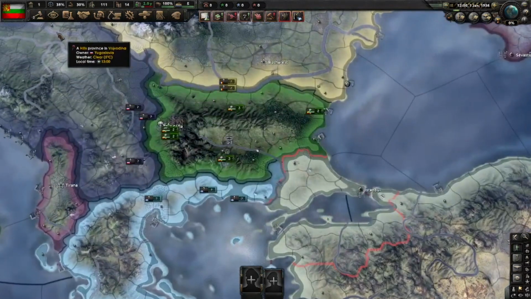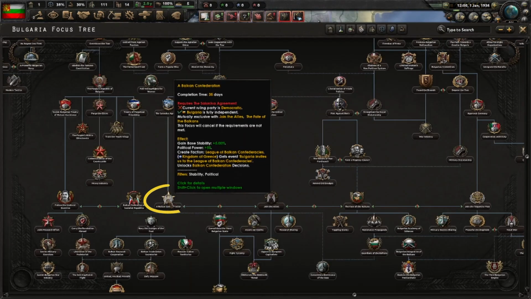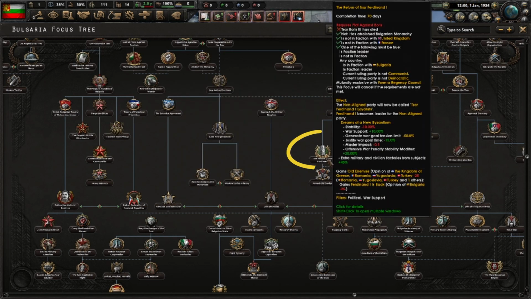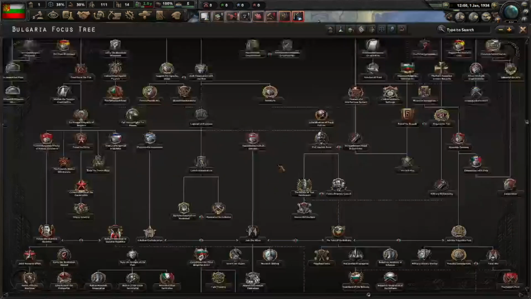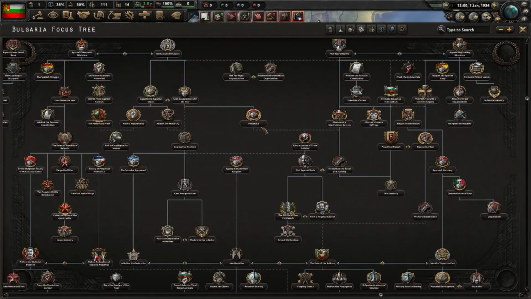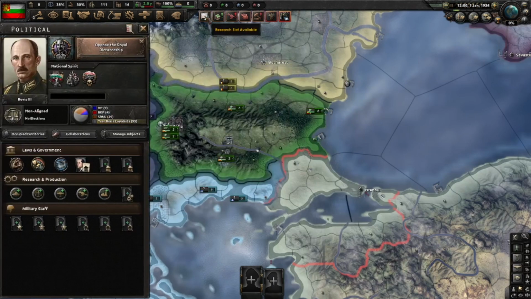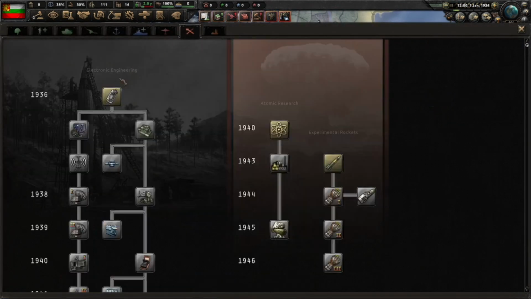We'll be doing something different today. We'll be doing the Balkan Federation here, the Balkan Confederation, and we'll be putting Ferdinand in charge. Those are not mutually exclusive, there's a fine line here through Petorka. We'll start with a post-royal dictatorship, do the generic research,